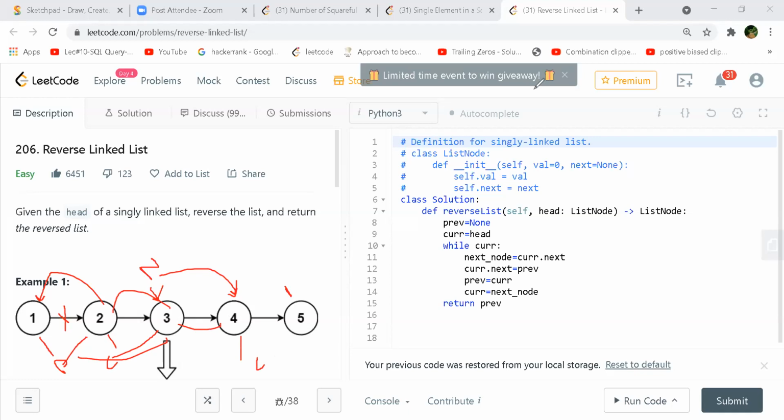Recursion is a good one, but this is a single pass, and this is the most efficient way of doing it, because we are not using a recursion stack and all that. It's an iterative version using only two pointers.